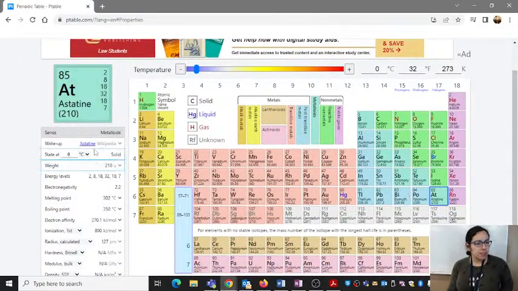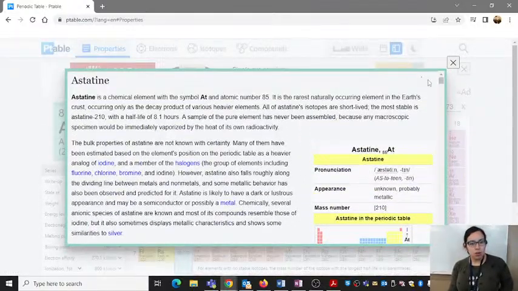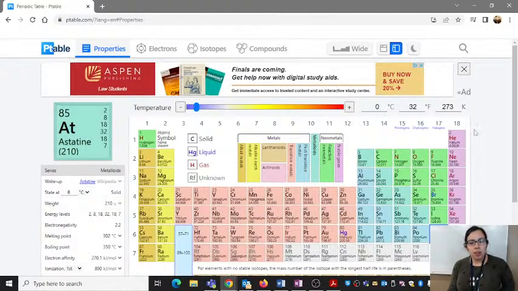And so there's astatine, which is not particularly well known. Apparently this is a short-lived isotope. And then last, let's look at the